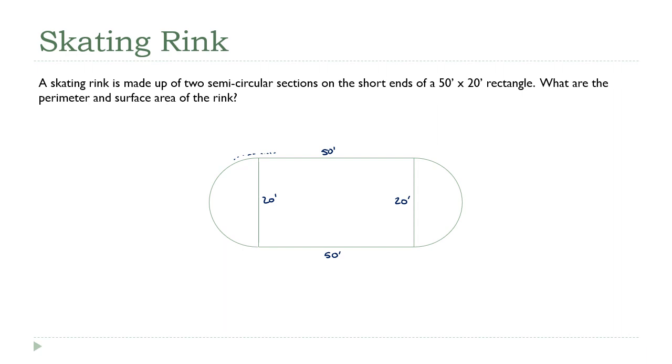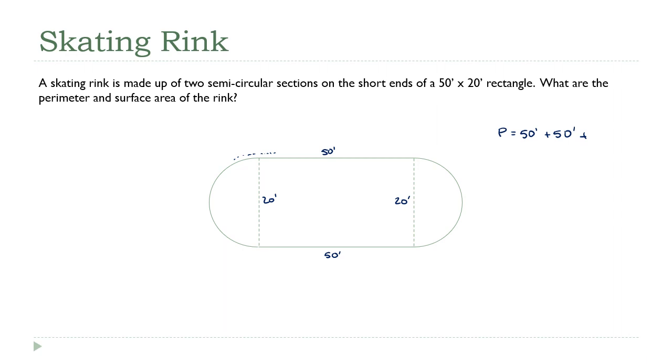Right, so what I'm going to do is take out those 20-foot segments and just replace them with dashed lines, kind of as a way to emphasize that, yes, I need that number, but they're not actually going to be part of the perimeter or part of the distance somebody would actually walk. Okay, so the distance around is made up of four pieces. It's made up of the two 50-foot sections plus the two semicircular pieces. But remember, if we put two semicircles together, we get a whole circle. So ultimately, you're going to have to walk around an entire 20-foot diameter circle